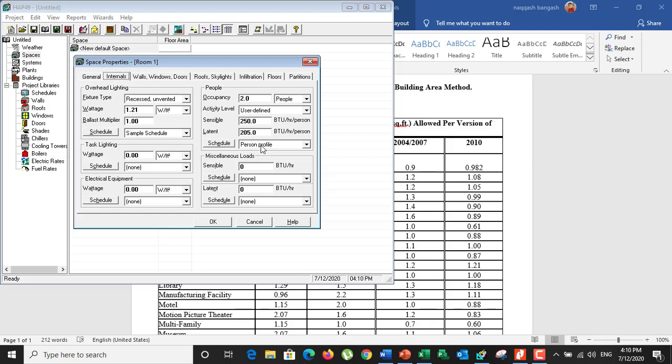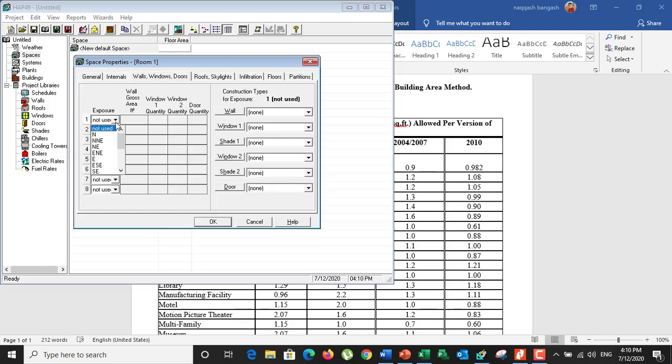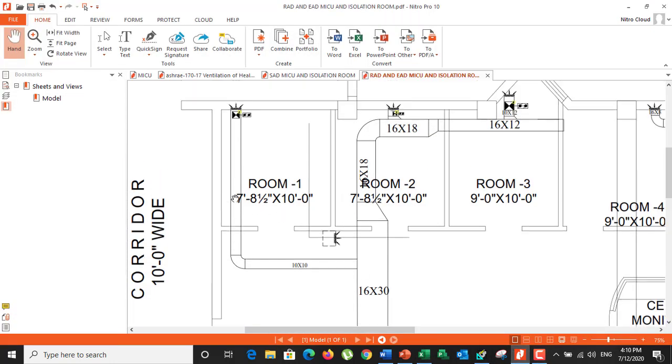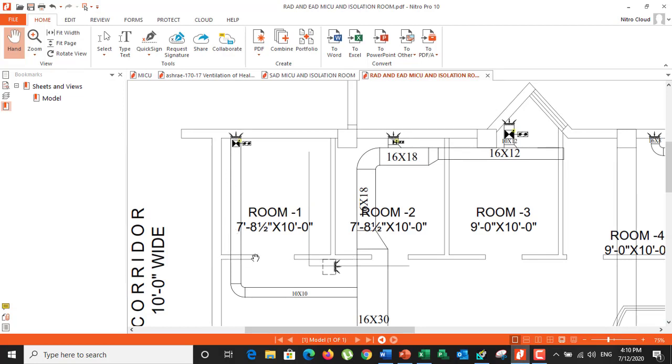Now for wall and windows. So in my case, I have north, east, west, south and west. I have 4 walls in my room, whose area is here. You can see in this triangle, this is the 7 feet and this is the 10 feet. So I need the wall of this area, wall of this area, wall of this area and wall of this area. So the wall of this area is 10 by 9, that is 90 square feet,